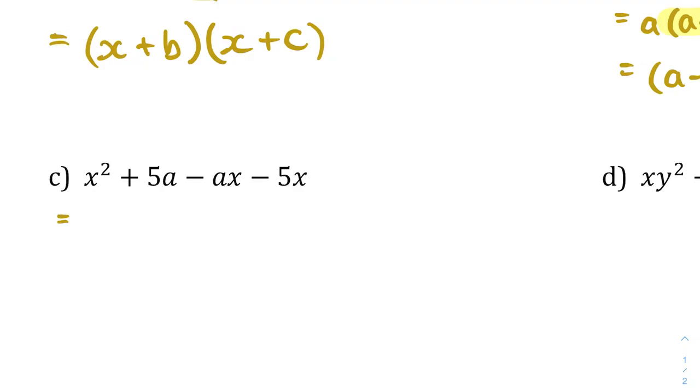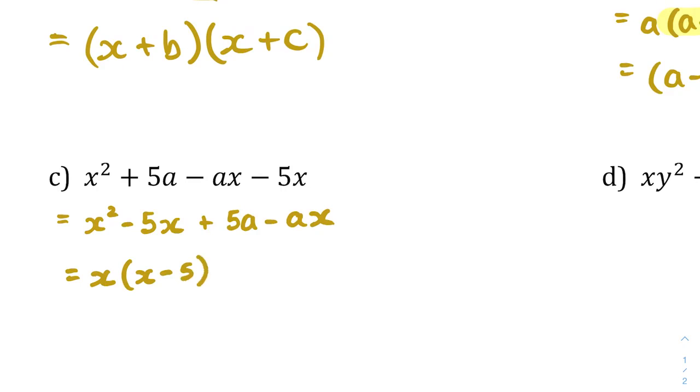So this is the type of question that requires us to rearrange our equations. So what I'm going to do, I'm going to try to put them beside each other so it becomes a lot easier to visualize. So I'm going to rewrite this as x squared minus 5x plus 5a minus ax. So I'm doing this so I can factor by grouping, and I'm going to consider two terms at a time, and this way it's clear that I can group together the variable x in the first two terms. So factoring out the x, I'm going to get inside the brackets x minus 5 plus,